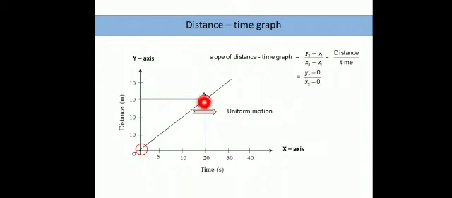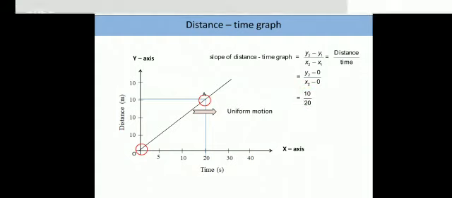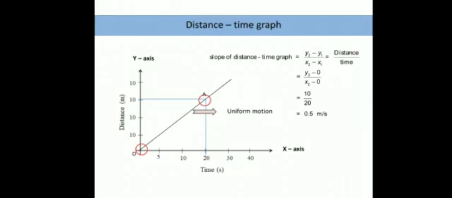So what is the value of y2? y2 is the y-coordinate of the second point. Draw a horizontal line, and wherever it cuts, it will be 30. And draw a vertical line, and wherever it cuts will be the value of x2. Here you can see I have made a very big mistake in the plot. This should be 30, so we have to put 30 in the numerator and 20 in the denominator, and the answer should come as 1.5, but here our answer will come as 0.5 because of the calculation error.